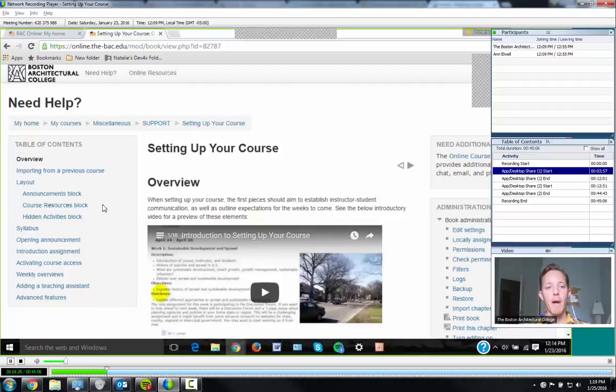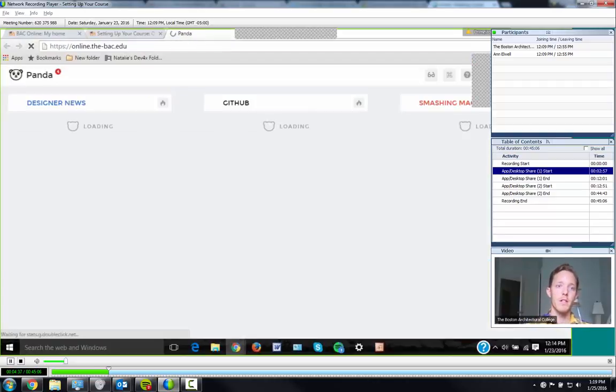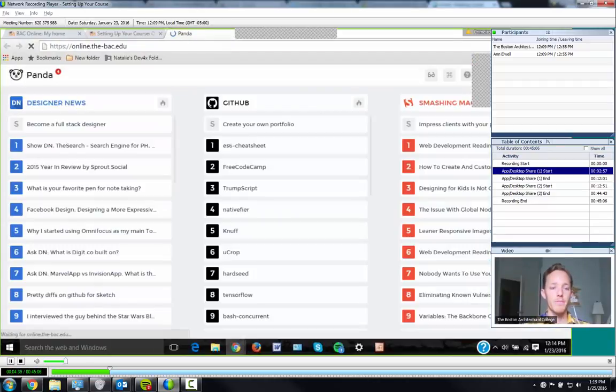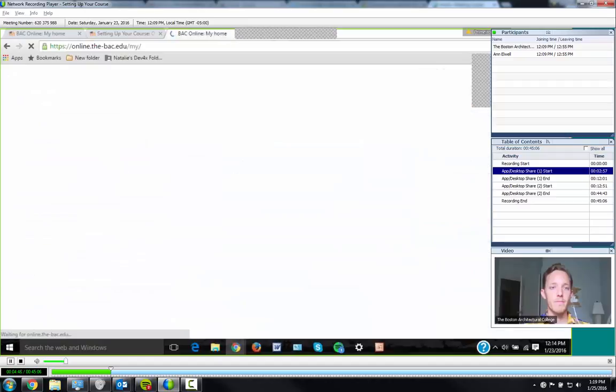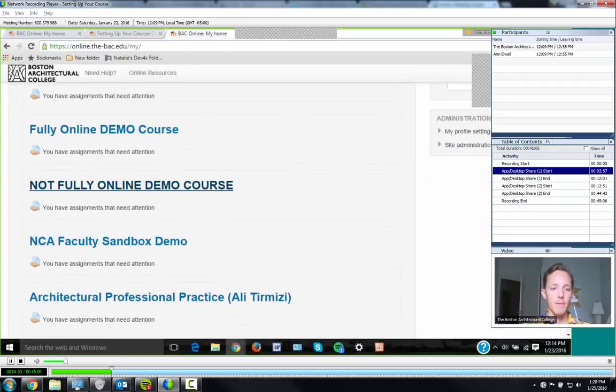When you are mapping out what your course looks like, it really is important to understand what you're starting with and what your endpoint is. If you are starting in your course, the first thing you're going to do is log in here. You're going to find your courses down here. If you have a totally empty course,